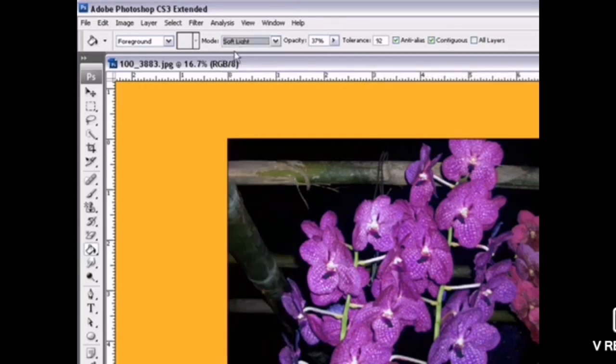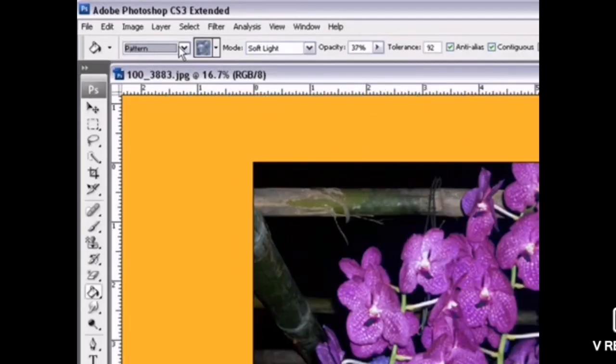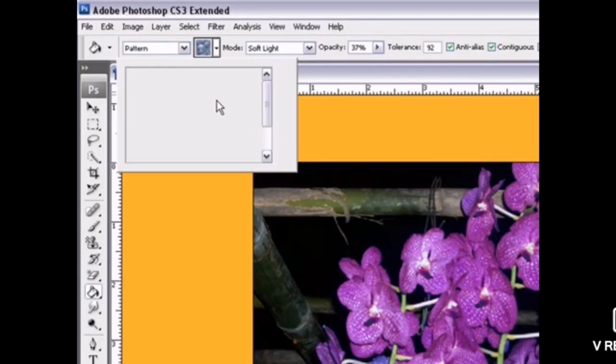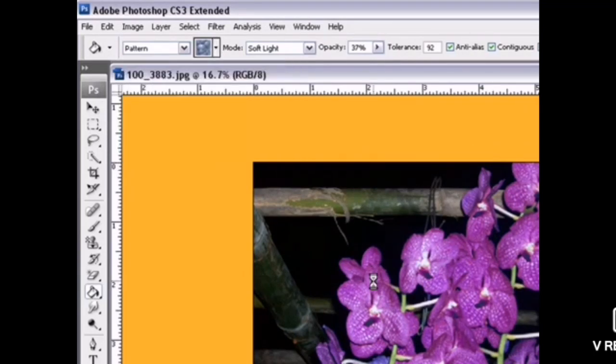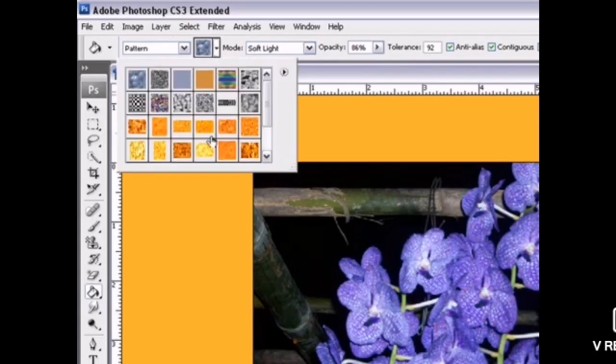Now see, I'll show you one more thing, foreground and background pattern. Now patterns. Which patterns can I choose? The patterns we have already studied. From those patterns, suppose I have chosen the bubbles. Now I want the bubbles for the same. For that I have increased the opacity, and I have put those bubbles on the flowers.